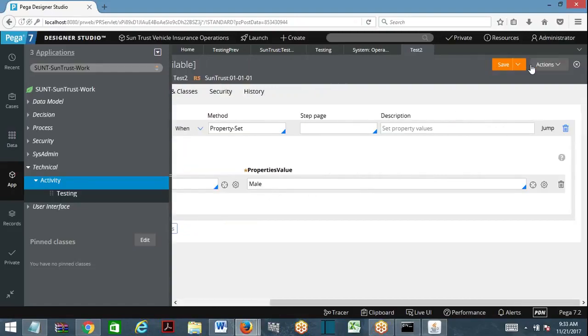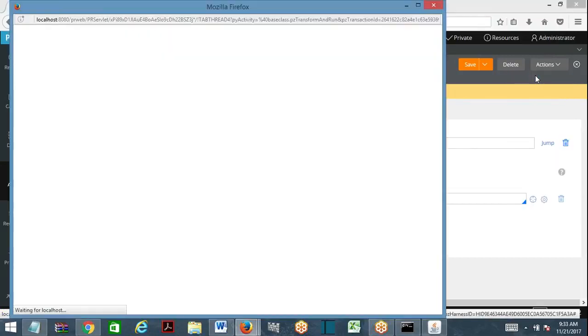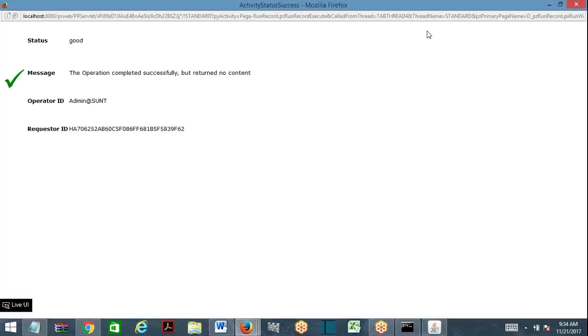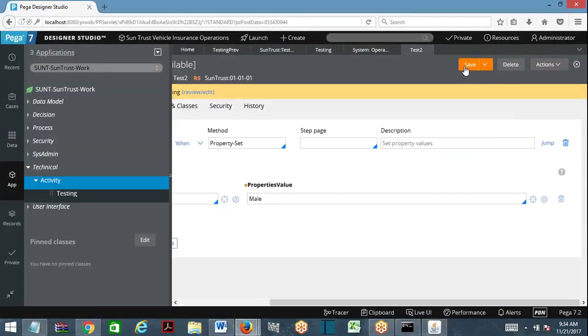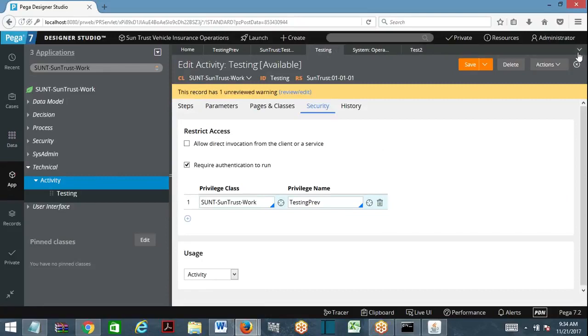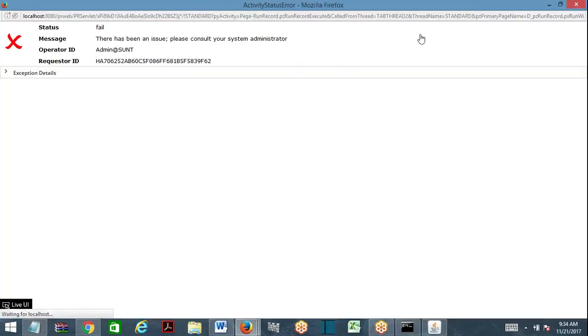Now I have two activities. I am executing activity 1. Whatever it is, the name of the activity doesn't matter. Am I able to execute? I have access to execute this. Okay, but I am executing activity 2. Am I able to execute?